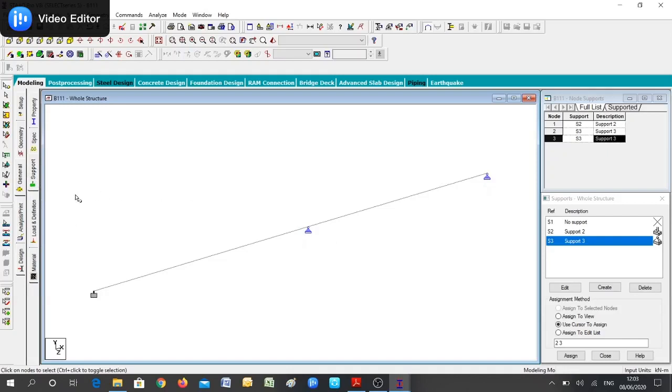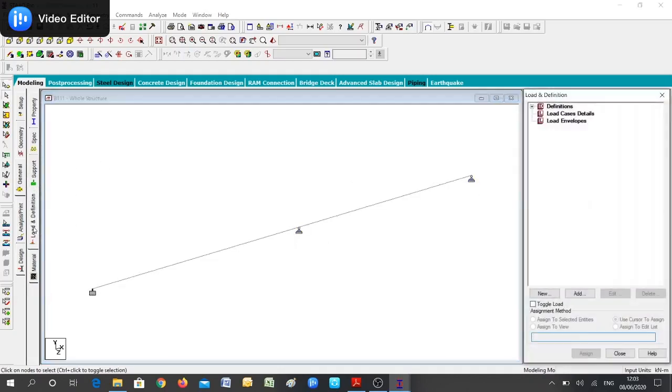the next thing is to go to loading. Under loading, we have first definition. In case you are applying some special loads such as snow load or wind load or seismic load, we will be using these definitions. If not, you don't have to worry about it. Here in this case, we are giving some basic loads whose values we already know, so there is no calculation for that. So you don't have to worry about definition. We'll get into the definition part when we are applying wind loads or earthquake loads. So for the time being, let's not worry about it.